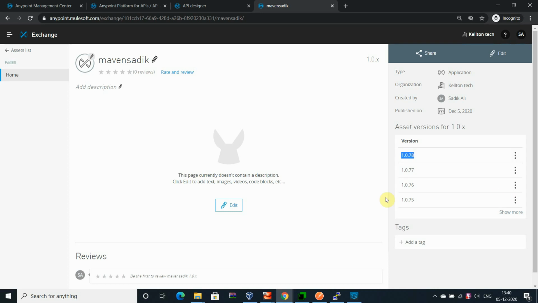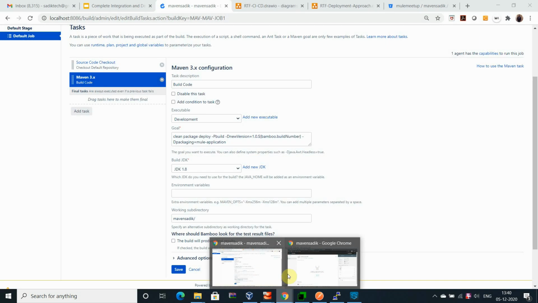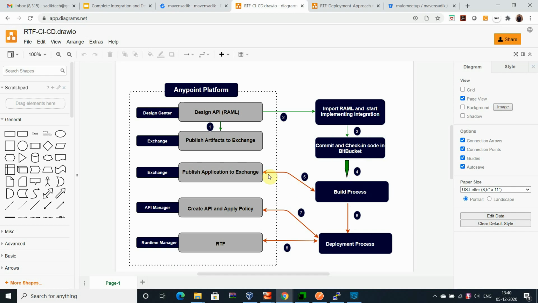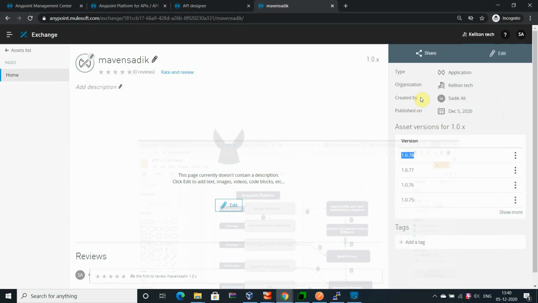Right now the version is 78. In the demo, when I release, you will see this updated to version 79. So the current version of the binary which I have published with the help of the CI/CD process is 78. Later on I will extract the data from the exchange, and then deploy into RTF, with the help of the Maven executable command or with the help of the API. So this is the one thing.